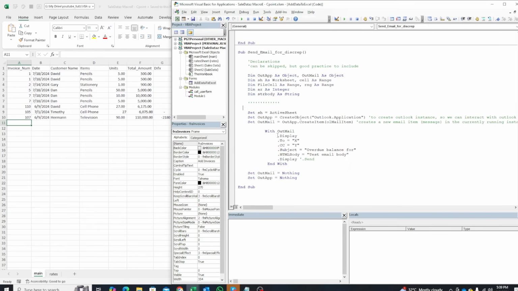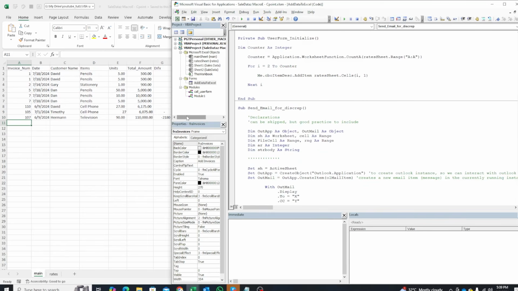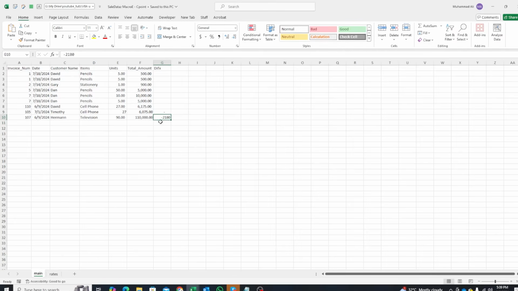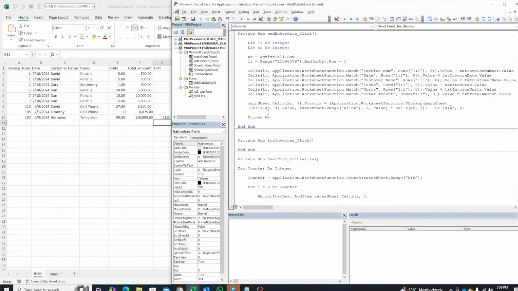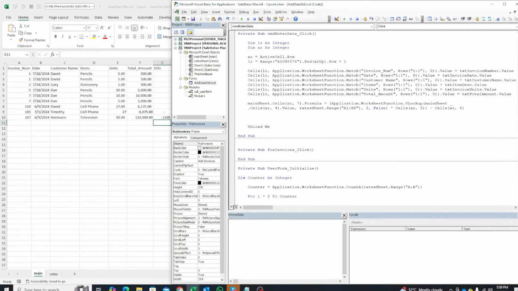Great. So now what we are going to do is simply call this macro each time our code runs and there's a difference amount in this cell. So let's add a simple code for this. Before the user form unloads or closes, we will add a new code block. We will start an if else. So we will say if, we will again refer to the main sheet, dot cells, and we will say AR, the active row, and the 7th column, which is the column for difference,